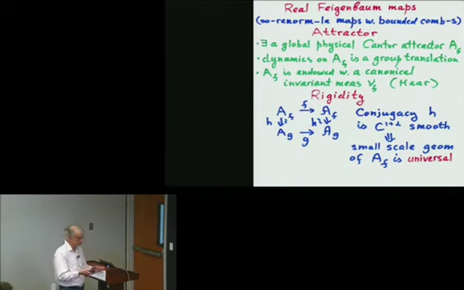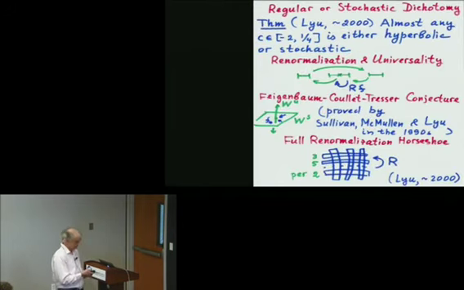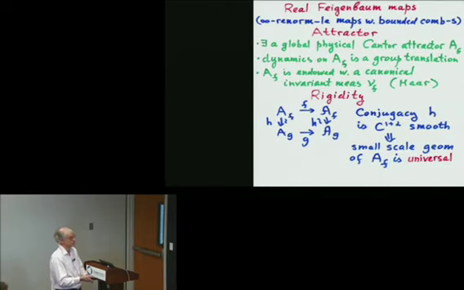And this is intimately related to this renormalization picture, that is, the fact that under renormalization these maps converge to the fixed point exponentially fast is basically equivalent to this rigidity statement for this Cantor attractor. So the small-scale geometry of this Cantor attractor is universal. It was also a completely new phenomenon in the 70s when it was suggested by Feigenbaum, Coullet, and Tresser, the universality phenomenon, and it is also very closely related to rigidity phenomena.